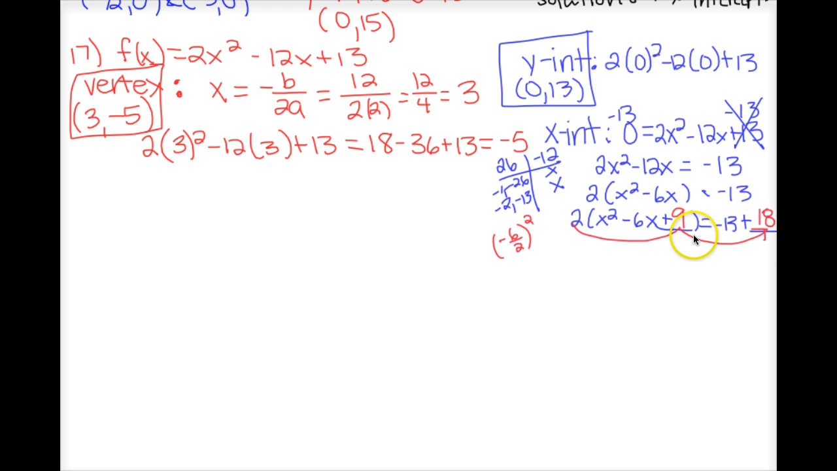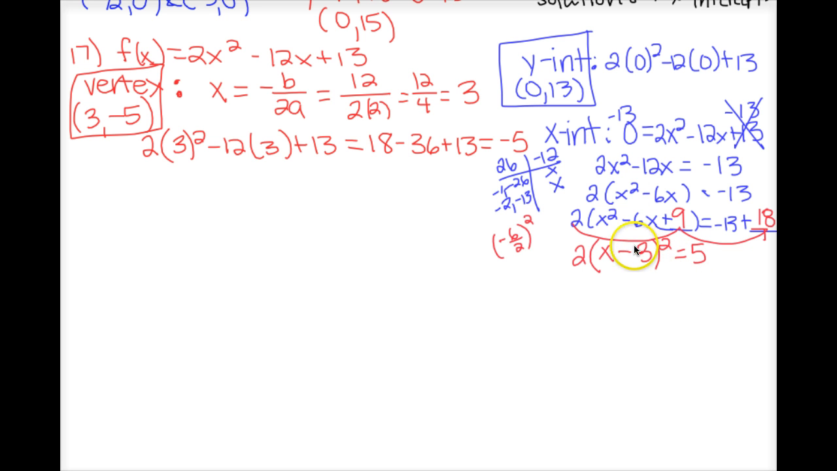Once my blanks are filled in, then I factor the parenthesis on the left side as a PST, so square root of the first term, which is x, sign of the middle term, which is minus, square root of the third term, which is 3. So x minus 3 squared. And then add the terms on the right side, which gives me positive 5. So now